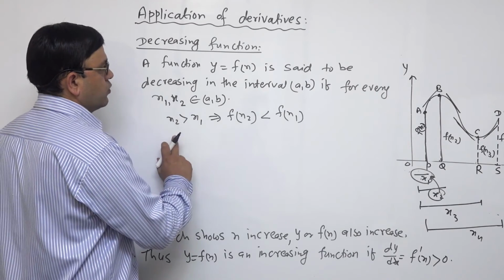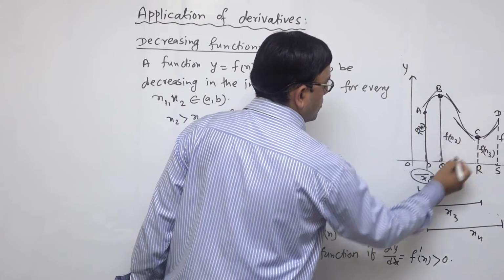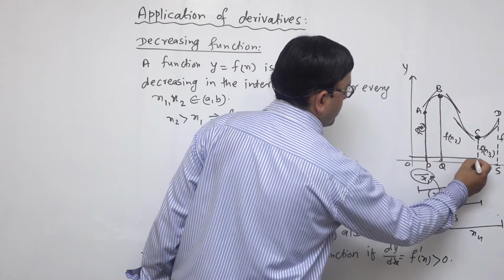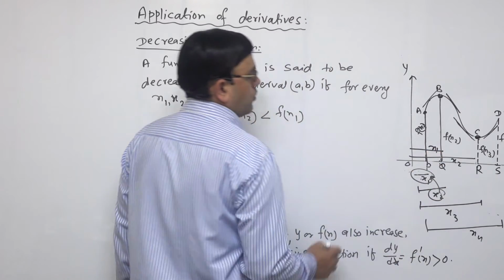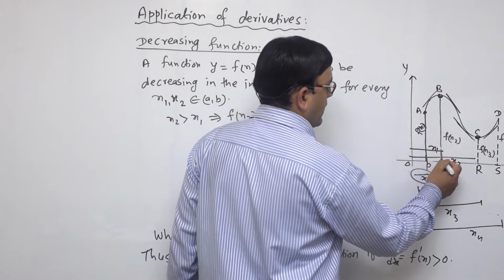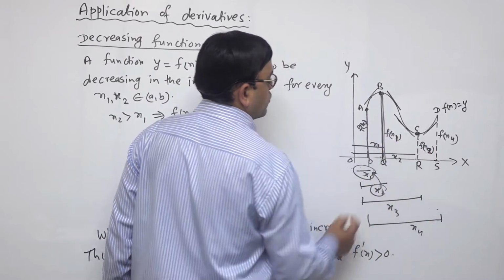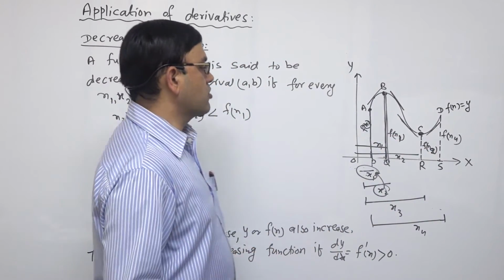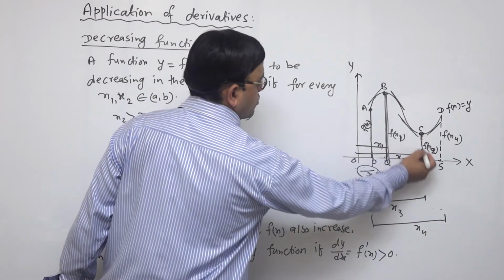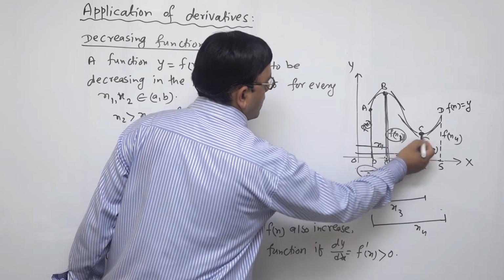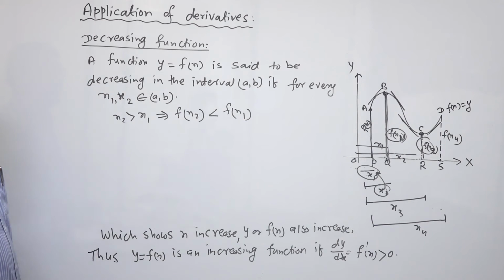Here is x1, x2, this one is decreasing, so we have to look from here to here. This one, from here to here, we suppose x2, and from here to here OQ is x1, so x2 is greater than x1, and then this one is f(x1) and this one is f(x2). Since we supposed the first as x1 and the second as x2, this happened. In that case f(x2) is less than f(x1), so f(x1) is greater and f(x2) is smaller,